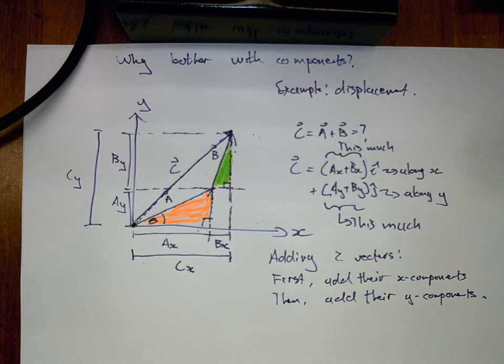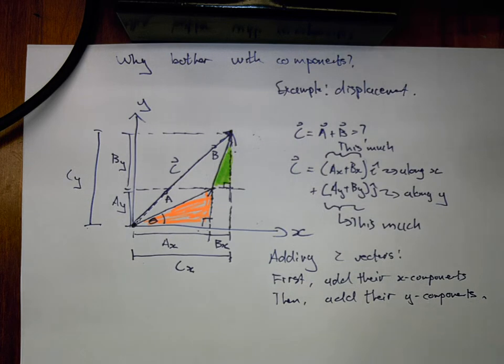So this is why we need components, because mathematically now the problem boils down to, if I can calculate the x component of A and the x component of B, two simple numbers, I can add them together like any old number, and I get the x component of C. If I then add together the y component of A and the y component of B, two simple numbers, I add them together and I get the y component of C. So we now get a mathematical way in which we can add together